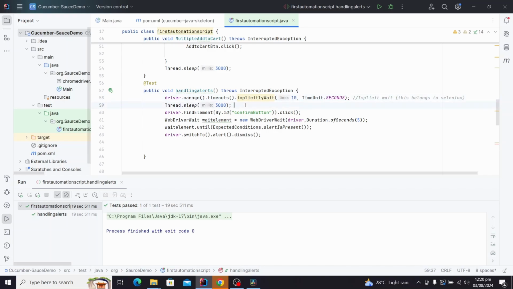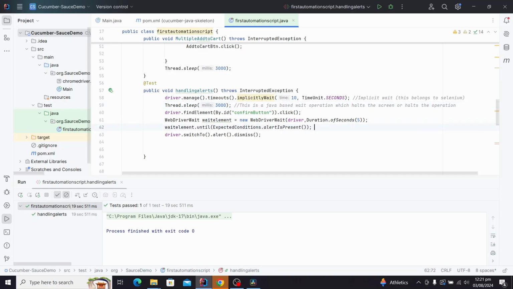Now this wait actually pauses the execution. It's not a real wait actually, right? This is a Java based wait operation which halts the operation,